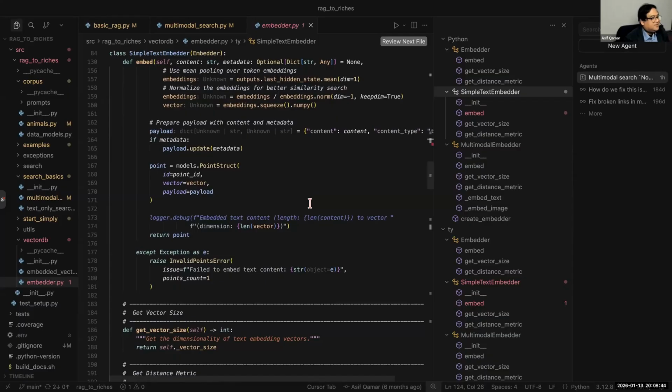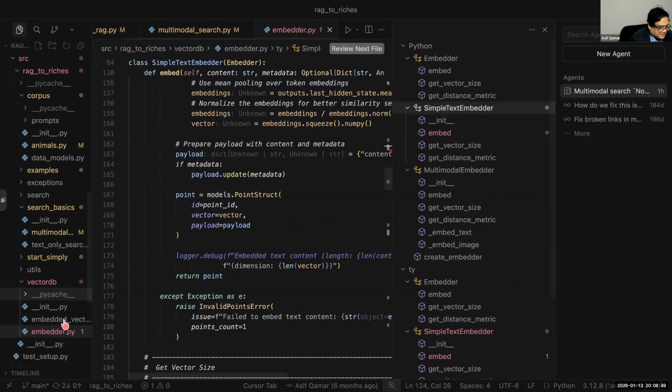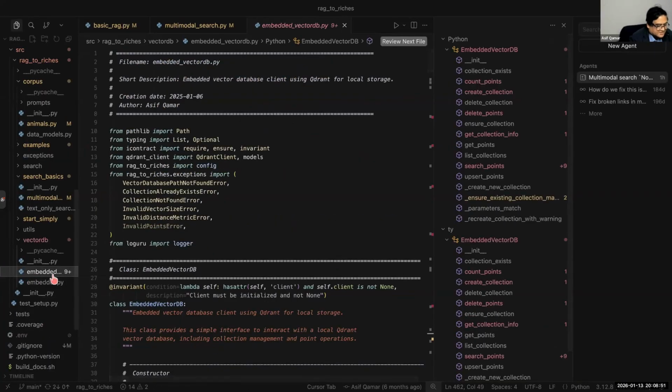So the embedder is easy to understand, guys. Who will use the embedder? The vector DB, the embedded vector DB. What is the signature of the embedding vector DB? All vector databases do what? Create, read, update, delete. Right? Isn't it, guys? CRUD operations. So you would create points. You would want to know how many points are there, search for points, delete a point. You don't actually update, you upsert.